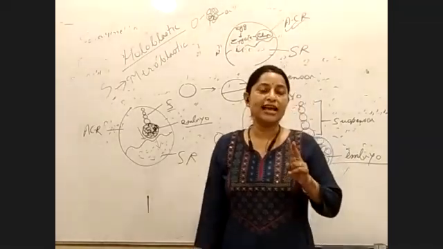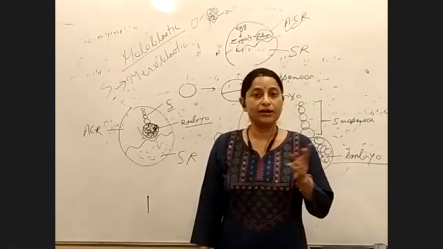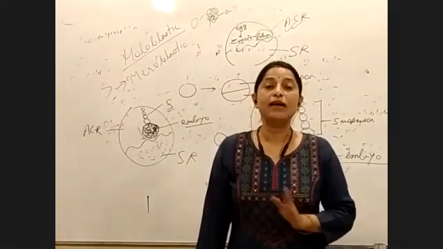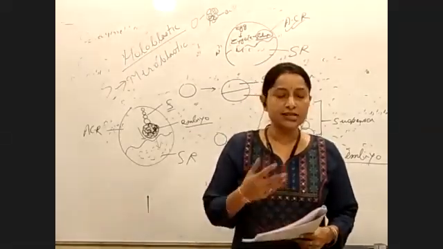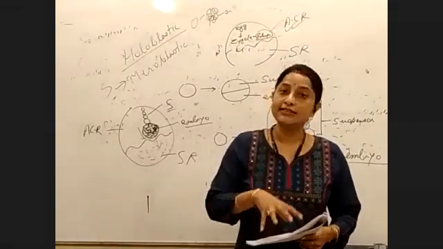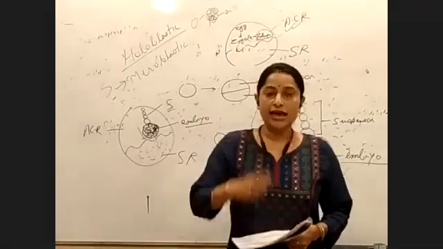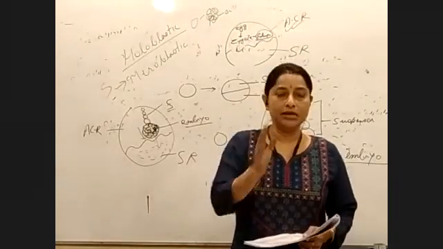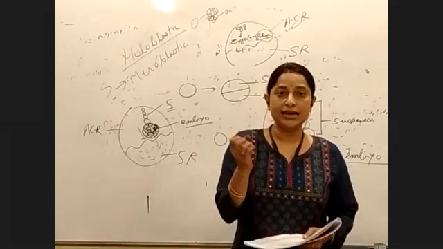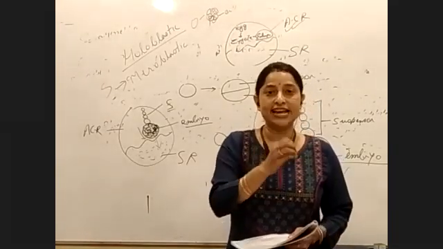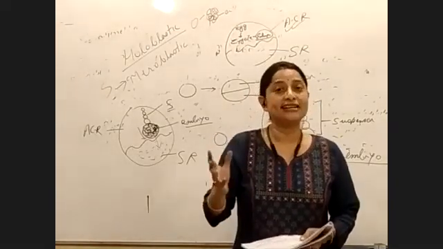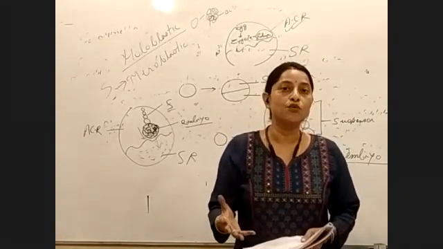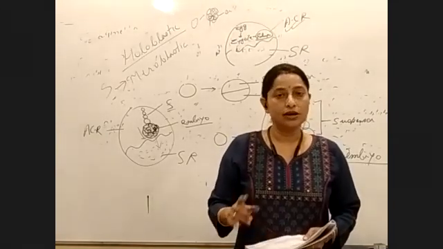We have studied two life cycles: one is fern and one is Selaginella. How will you study? You will always study in a comparative way. After the class is over, when you sit down to study this chapter, take a page and make a chart of Dryopteris and Selaginella. Under points of difference, note what the male gametes are like, what the antheridium is like, how many jacket layers there are, how many neck cells the archegonia have, the differences and similarities. Make a chart. That would be a type of homework and revision also. Is that okay?